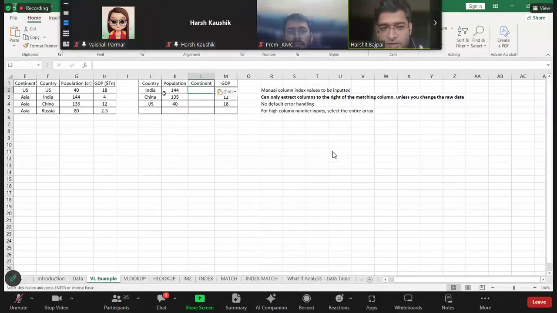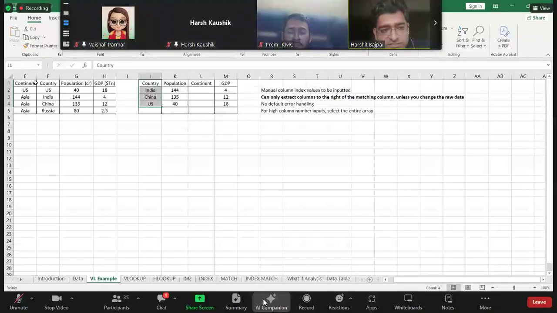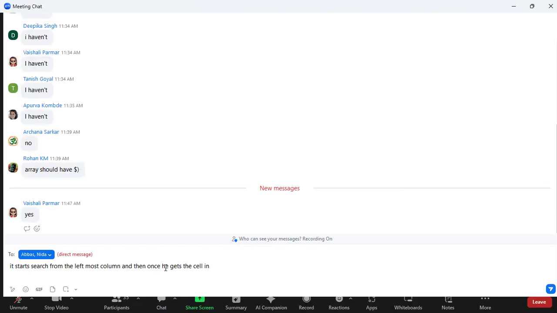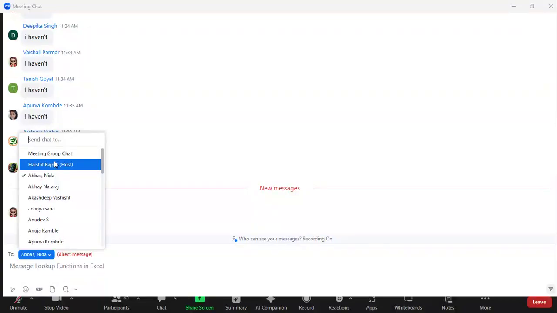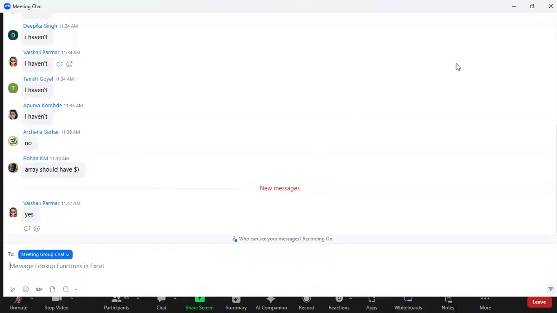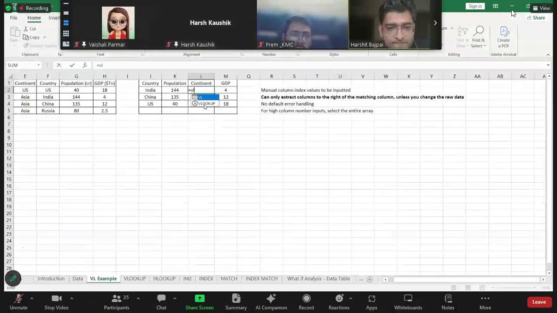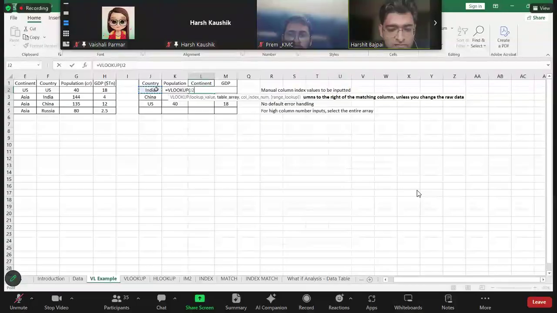Why? Because country has to be matched with the first column of the raw input. Right? If I try to match country with this, but get this column, it will not work. I can't do something like VLOOKUP, this value, search within this,